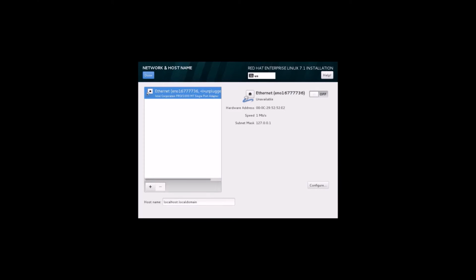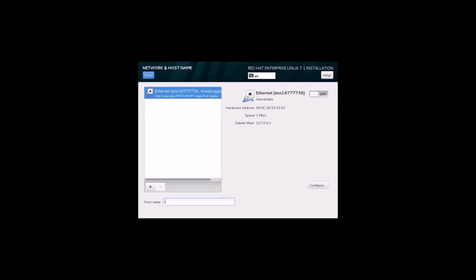When you click on this one, it will show the network host name and domain name. You should write it over here, something memorable. Otherwise, if you are working in a company, you should put your company domain ID and host name as well.